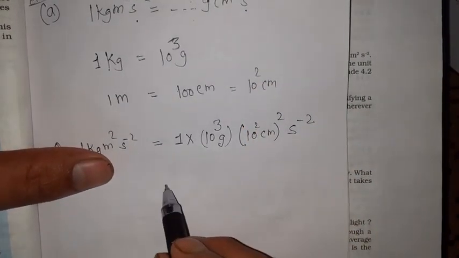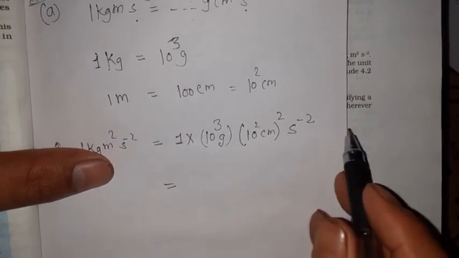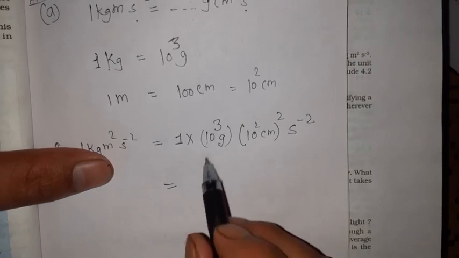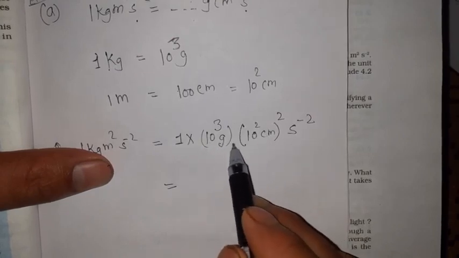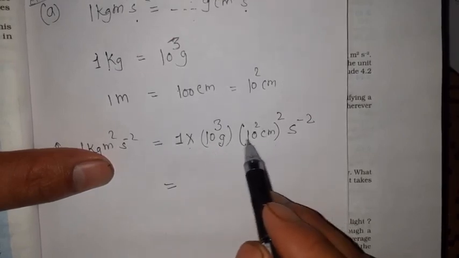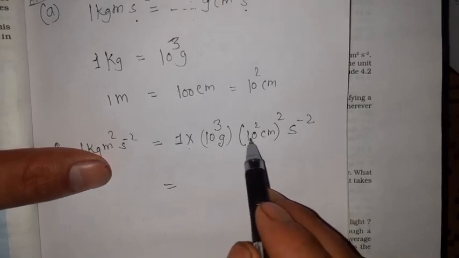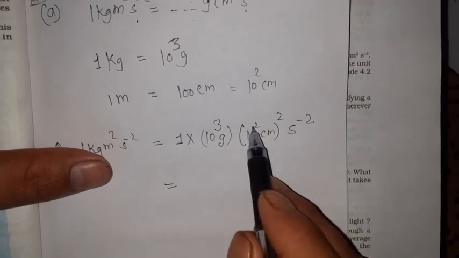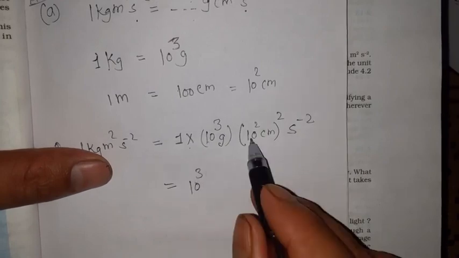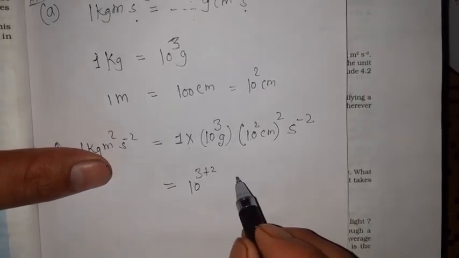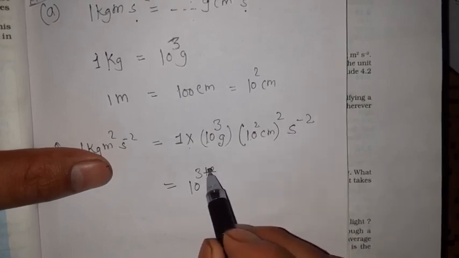Okay, so thus I will have over here, student, it is 1, anything multiplied with 1 will be only that term. Okay, so here how many zeros? All are going to multiply, all are in bracket, and that cross sign is there. Therefore it is to be noted that whenever there is multiplication and there are the same terms, their power will add. So it is 10, its power is 3, and here it is 10, its power is 2. So 10 plus this one, wait, there is one more thing, that is our demand.